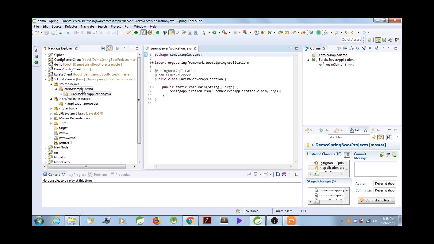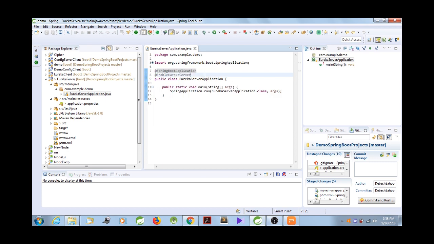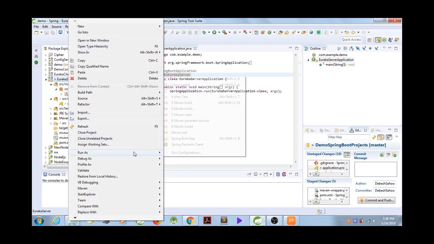You already know about the Spring Boot main application file. It has to be annotated with @EnableEurekaServer. This annotation lets us know that the application will be configured as a Eureka server. Okay, so if I run this server,